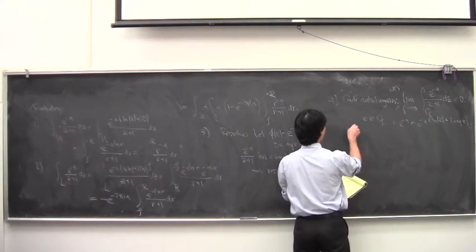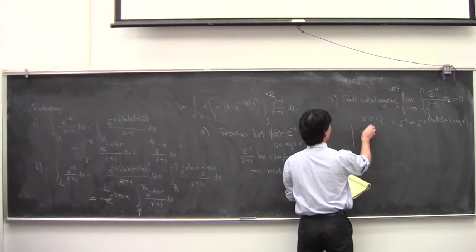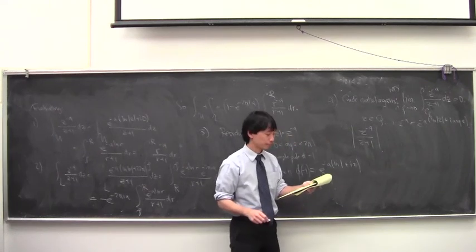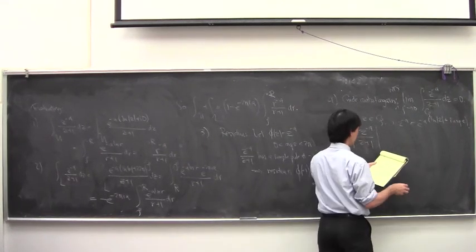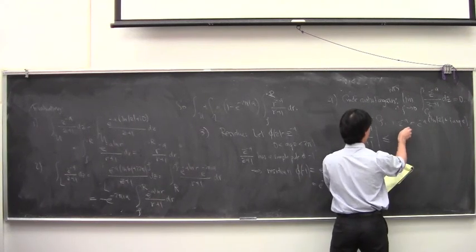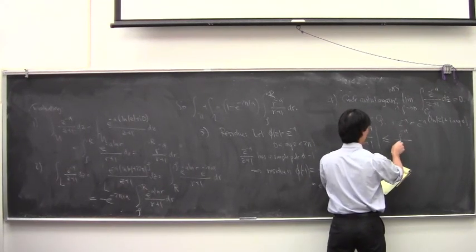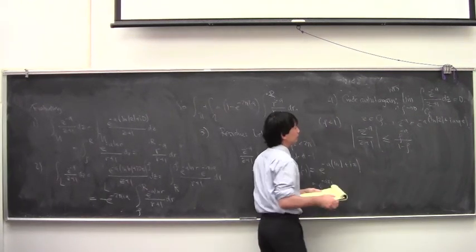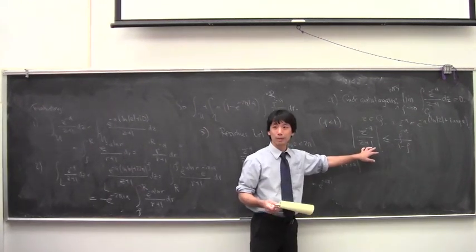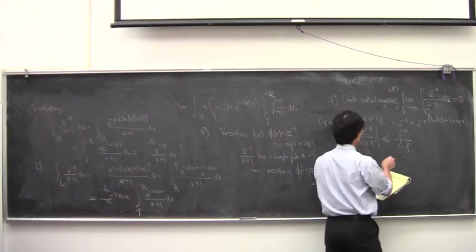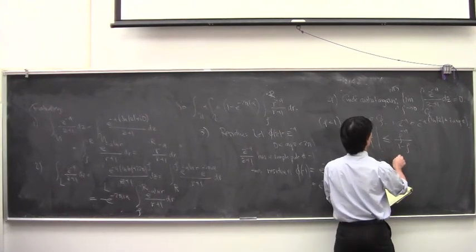So let's assume that rho is smaller than 1. You bound the integrand in the obvious way, and so the integral